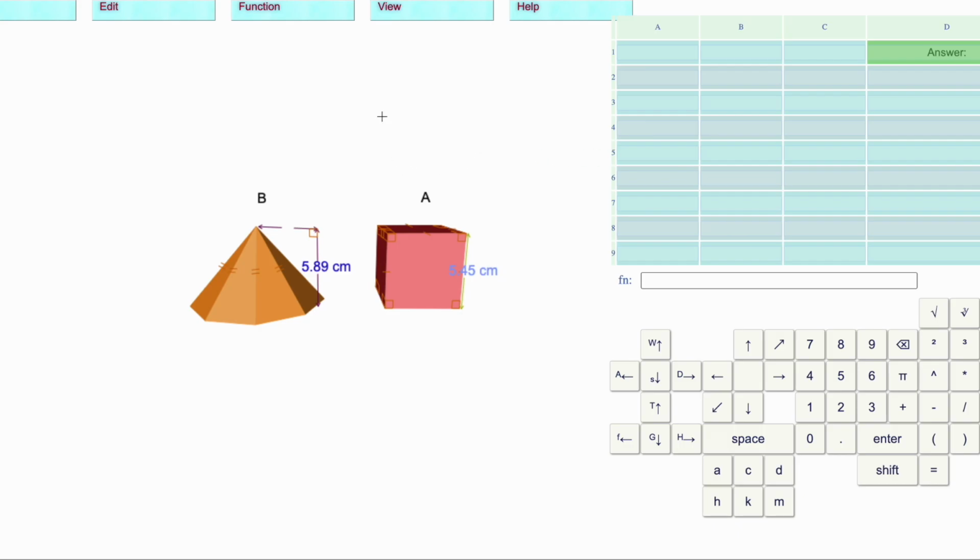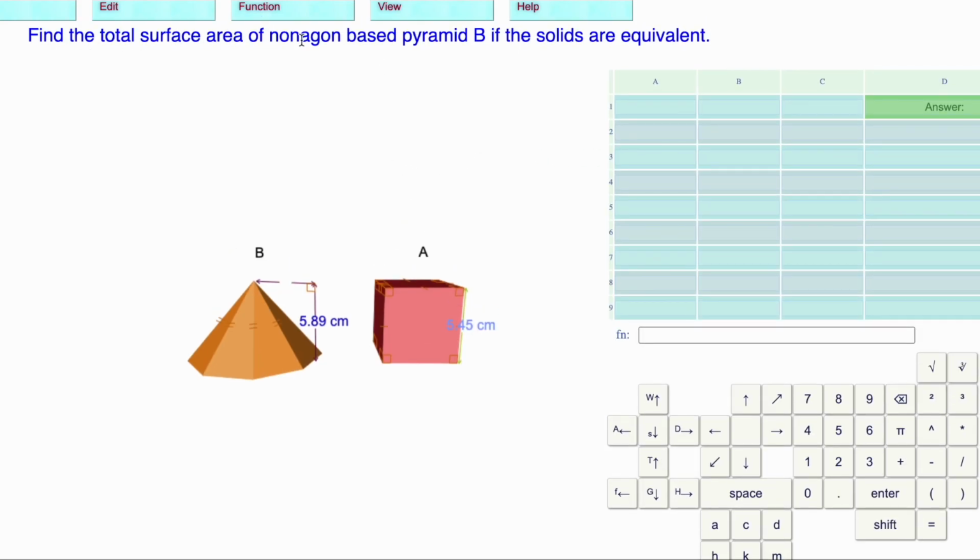Here's a level 14 type question. We want to find the total surface area of the nonagon-based pyramid if the solids are equivalent. If they're equivalent, they have the same volume. For the cube, the side or the height of the cube is 5.45 centimeters. The volume of the cube is 5.45 cubed, is